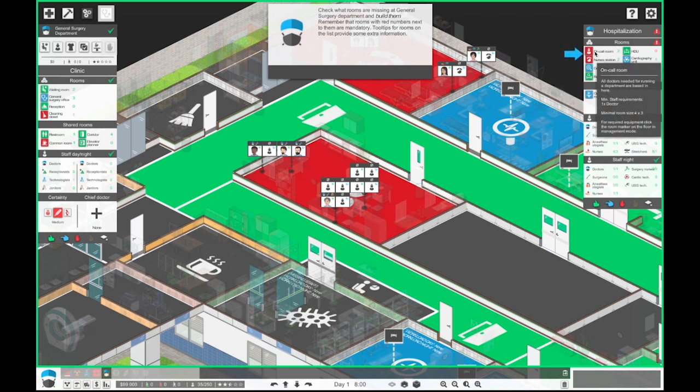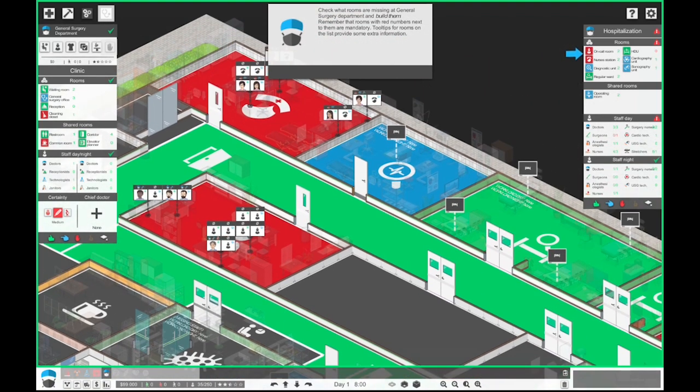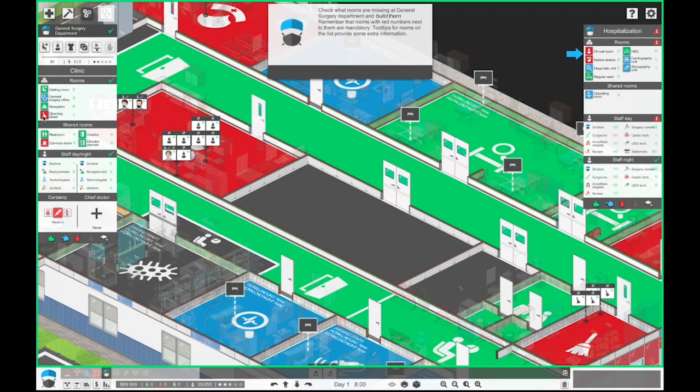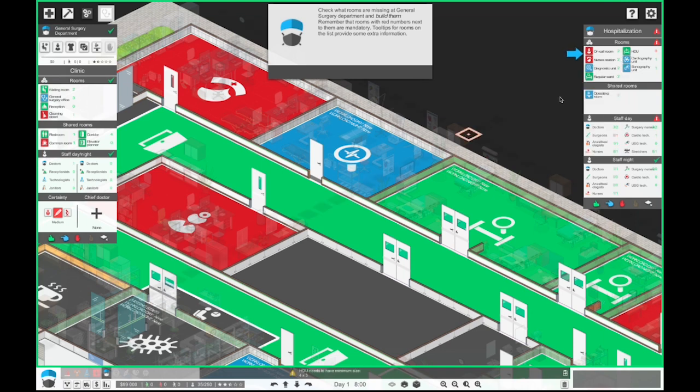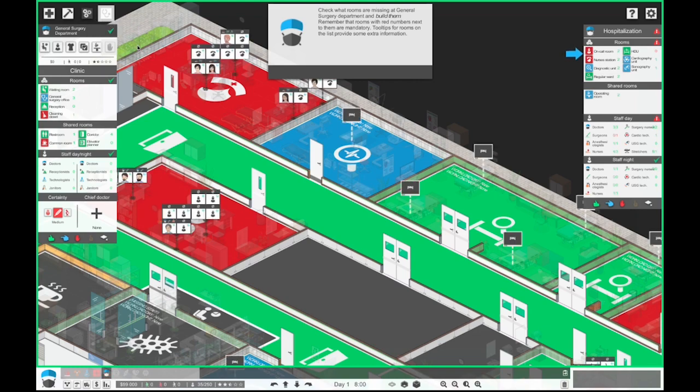Okay, so on-call room and nurses station. We need surgeons. So, what is this? HIU? HIU, so...